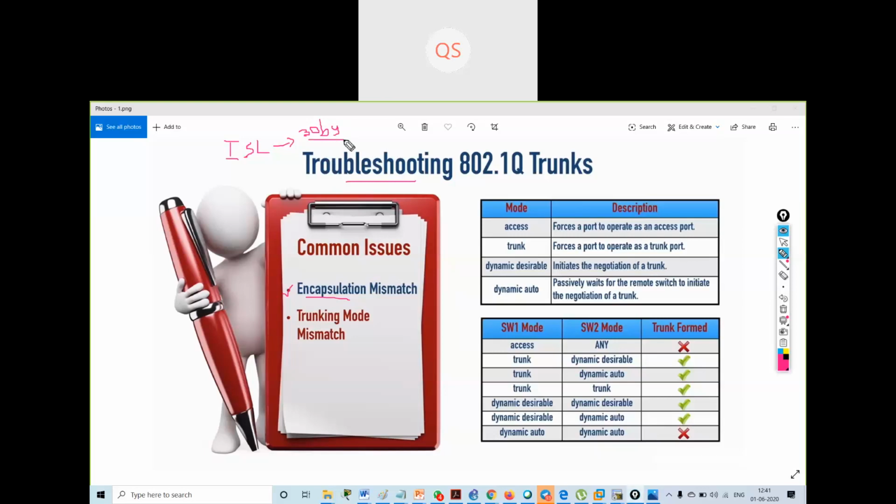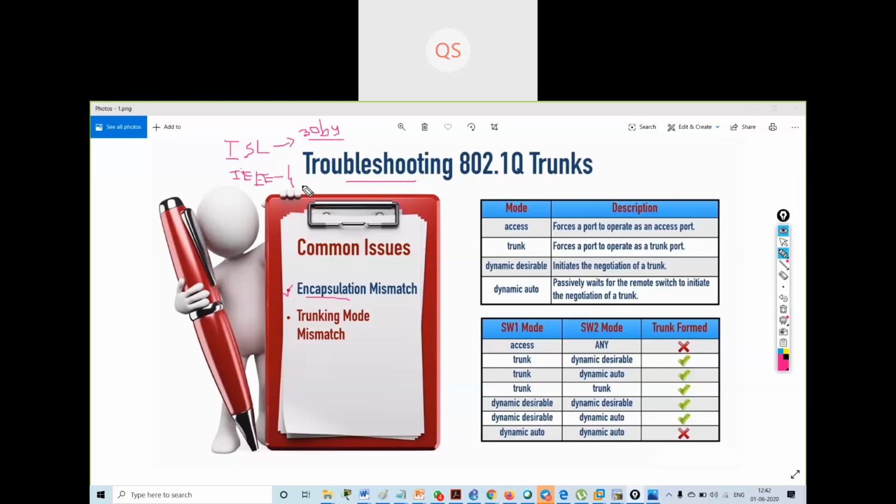That is very inefficient compared to the industry standard, because IEEE 802.1Q, as we discussed in CCNA, adds only 4 bytes of tag to every frame, as long as that frame does not belong to the native VLAN.